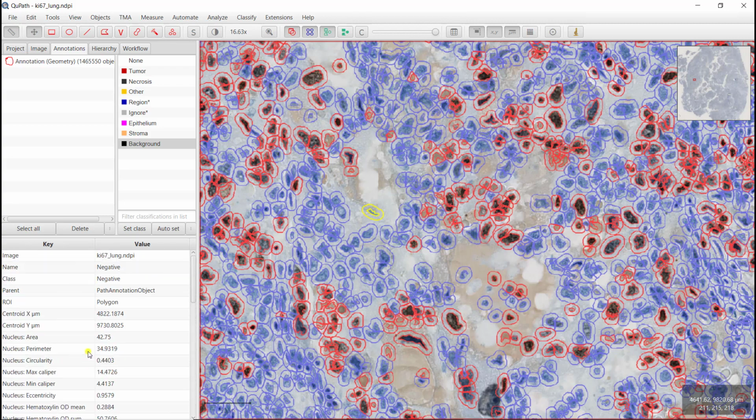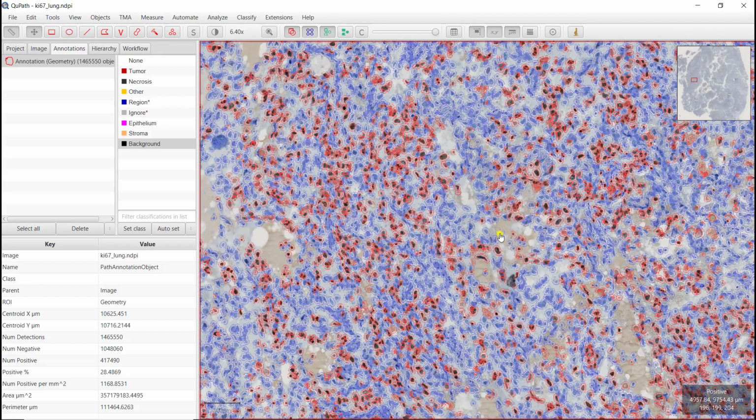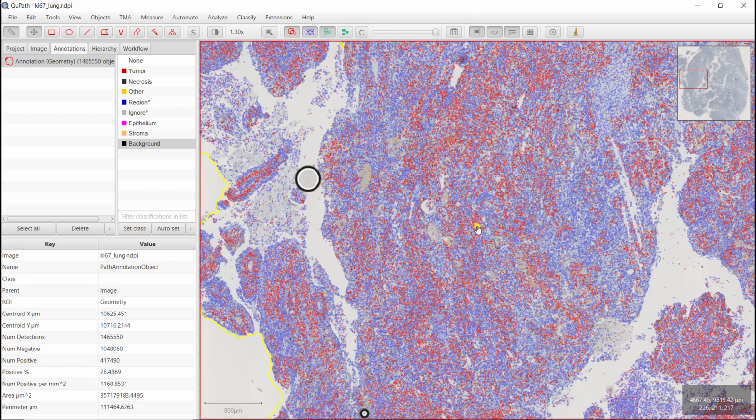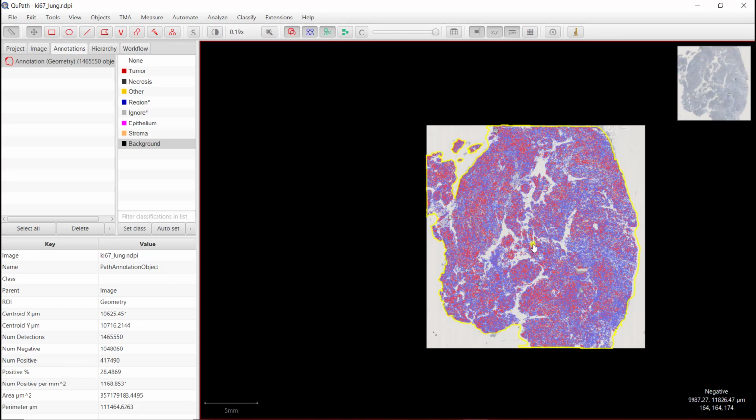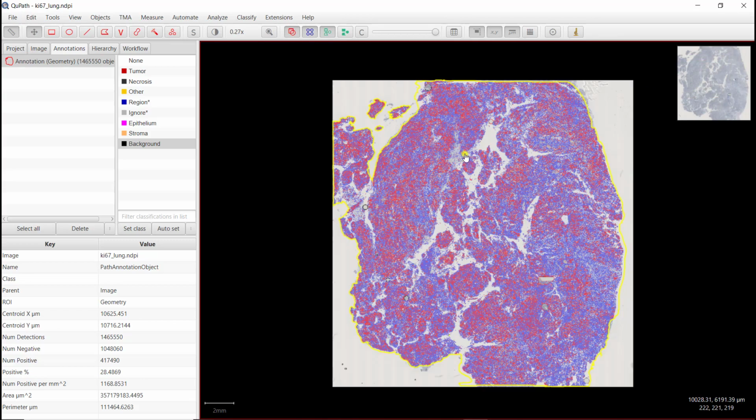So we have quite a lot of measurements that could be used for other things, or you can also extract them and do your stats afterwards. You can see that I have quite a few positives, so I should probably have increased my threshold because it's very sensitive in the DAB. Anyway, let's say that you're happy with everything you did. Now, as we have one annotation, we can look at the measurements associated to the annotation. So if I do show annotation measurements,